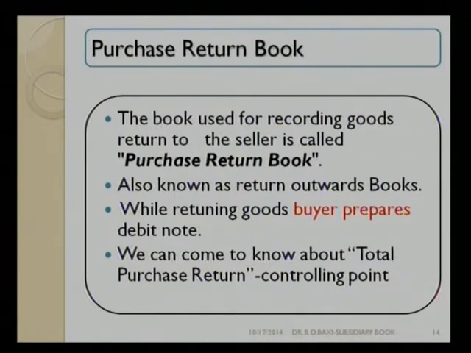We come to know about the total purchase return in this case, and actually purchase return is a controlling point. Here we have to check how many times we have given goods back. Who is the trader to whom you have given the maximum return of goods? Then also you have to examine what the reasons are for returning goods. Is there any quality matter? So you can easily ask him, what nonsense you are doing. You should send me the quantity which has been asked. You should check or verify your quality and then only send. Otherwise what will happen? Every time you have to return and you have to bear the expenses of transportation. So as a matter of controlling point, you should take this fact into account.